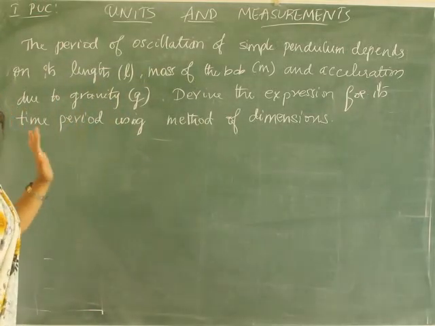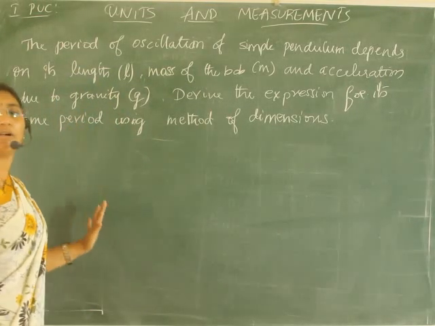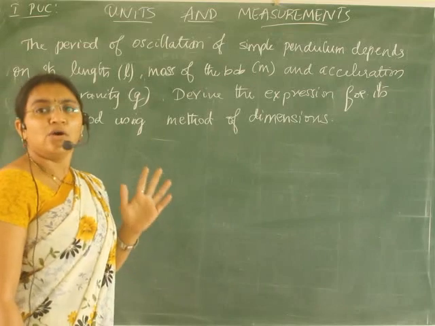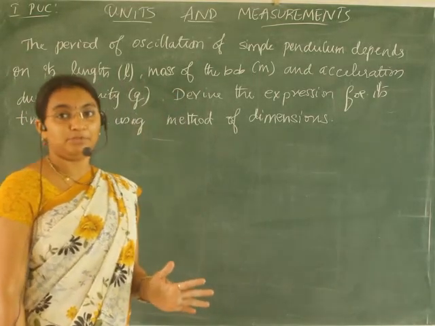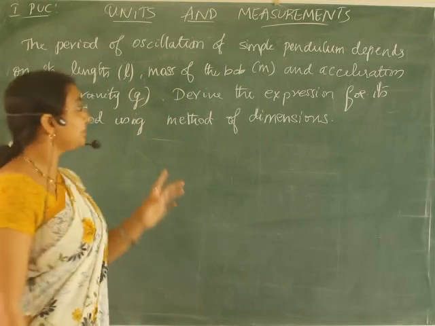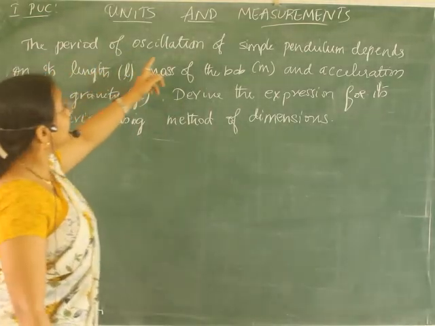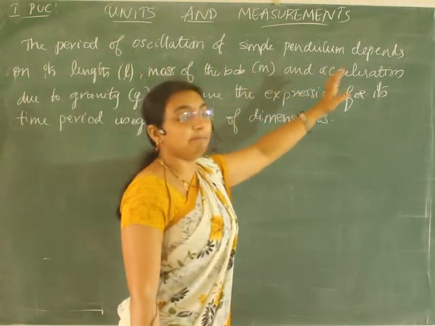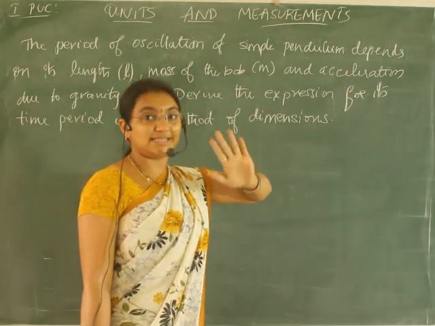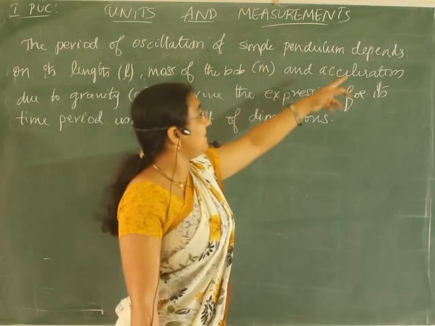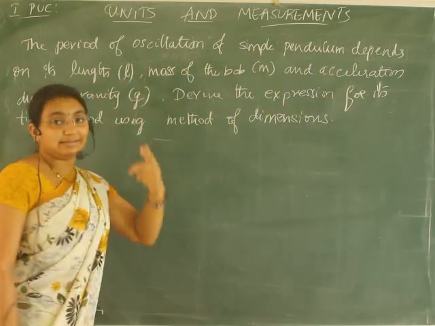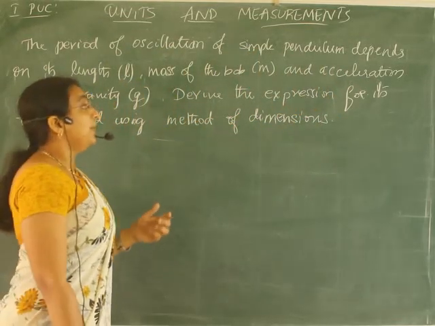This question is very important for 5 marks, okay? Almost in most question papers you can see this question. It is asked for 5 marks. The time period of oscillation of the simple pendulum, one simple pendulum experiment you have already seen in high school, correct? So the period of oscillation of the simple pendulum depends upon the length of that pendulum, mass of